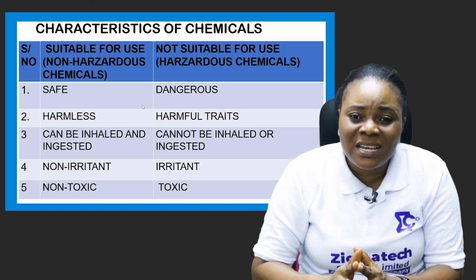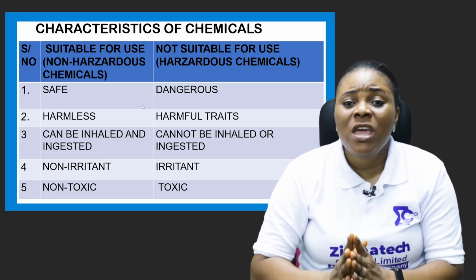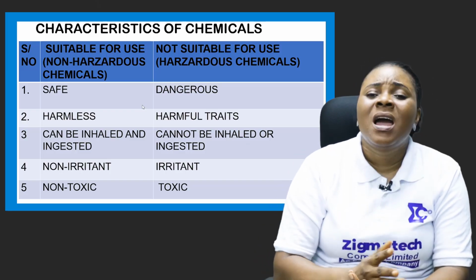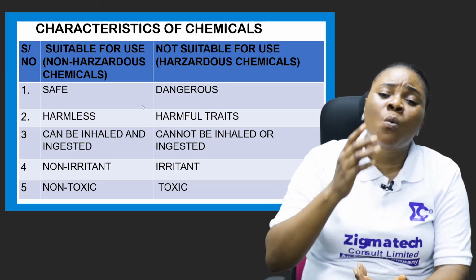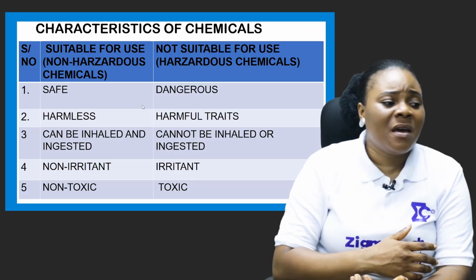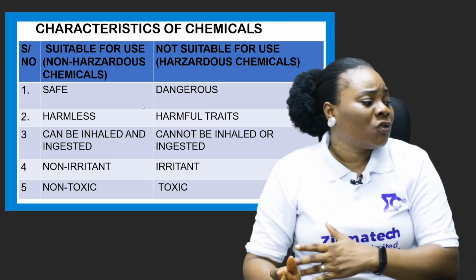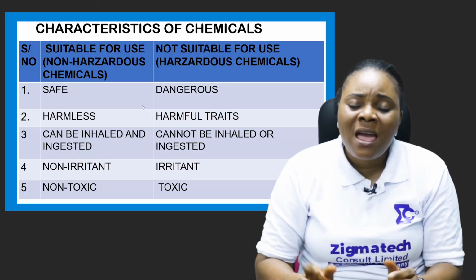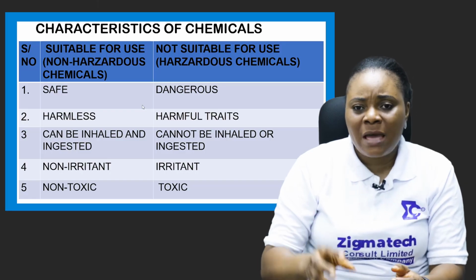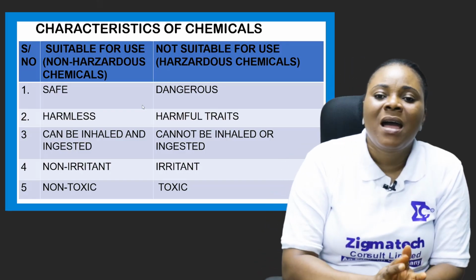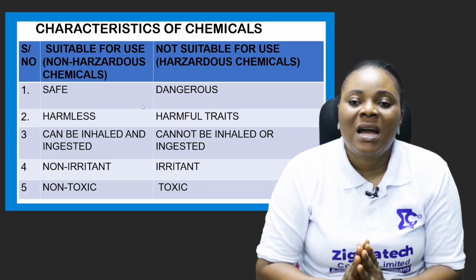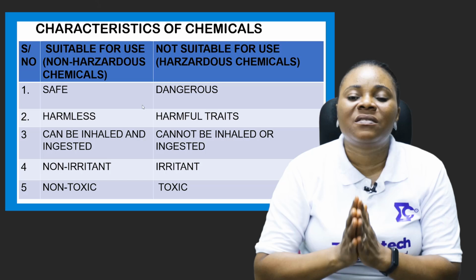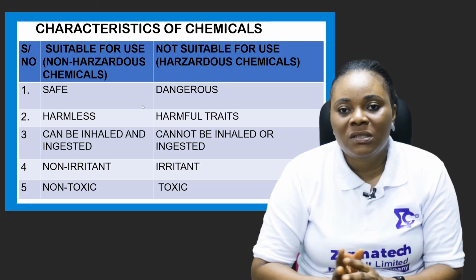99% of things being used by us humans are made of chemicals, ranging from our food, our processed food, the drugs we take, even the water, the drinks, the machines, tools, chairs, tables, even the clothes we put on, the shoes we wear. Everything is made of chemical. It's a combination of both chemical and natural products. And that's the reason why the monitoring and the control of these chemicals is very, very important.